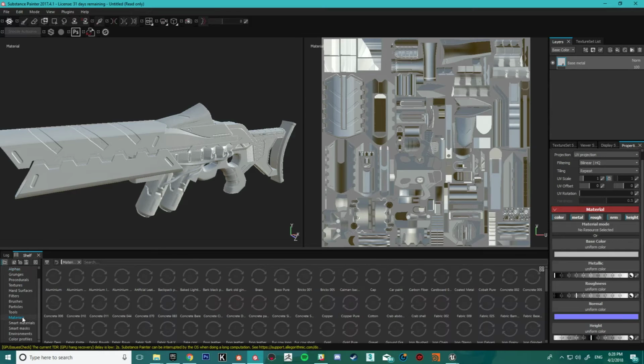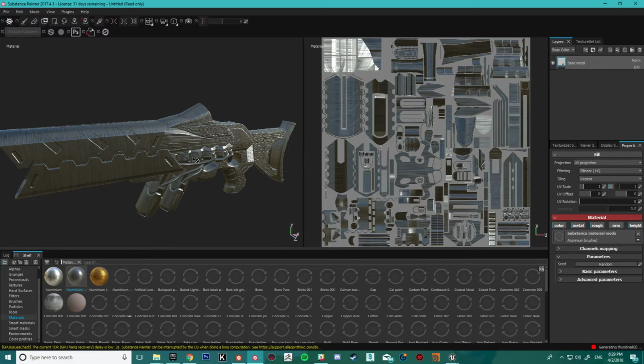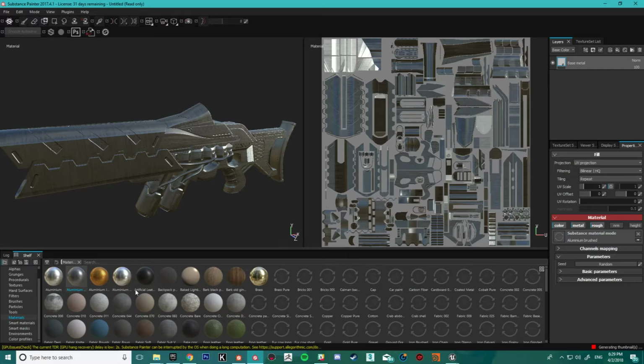So that we can see it within Painter, we'll just grab a random metal, and maybe one with less normal than that, or maybe I'll just turn off the height and normal layers.